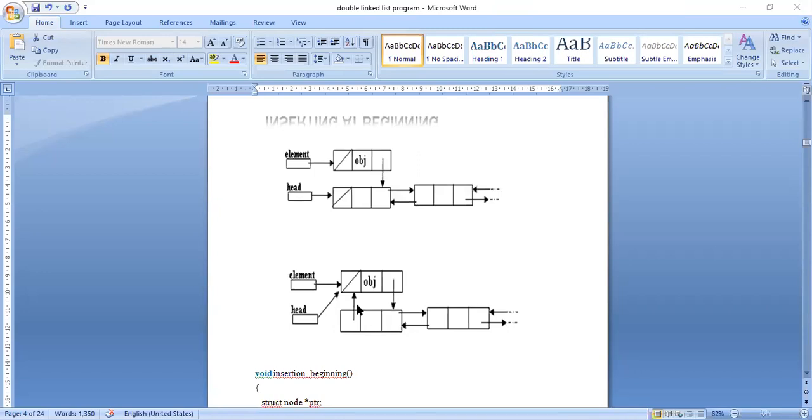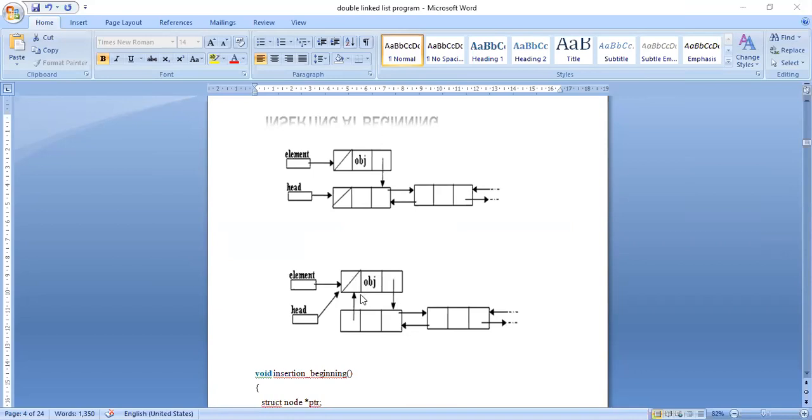So see here. First, I will create an element, and for that element to become the first node in the linked list, this previous will be null, because for the first node in the double linked list, the previous value will be null, because no node is previous to this node.